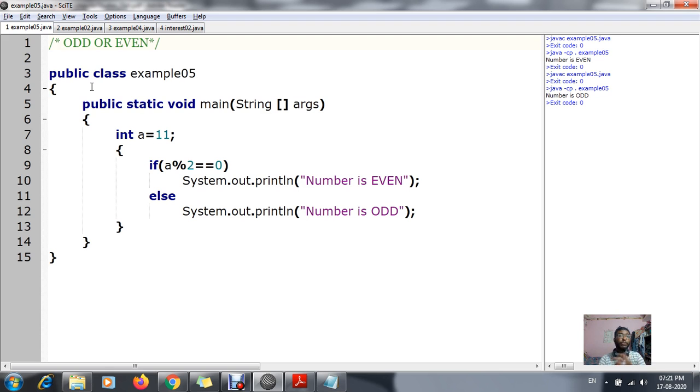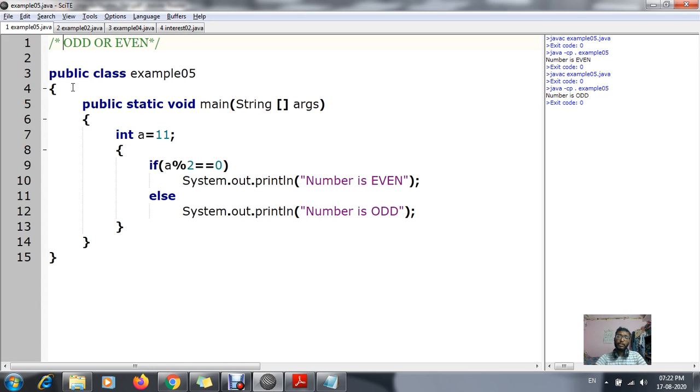But for your computer, it doesn't know how to calculate it. So we have to give a certain symbol or certain idea for calculating it. The best example can be said that if a number can be divided by 2, and after dividing by 2 we get the remainder as 0, that means it can be considered as an even number.